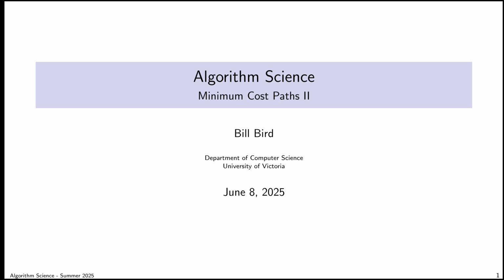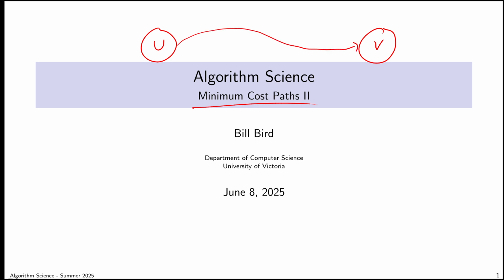Last time we started talking about the minimum cost path problem, and we had a chance to formalize that problem, and also then to consider two unusual cases that could arise. So one unusual case would be, suppose I go looking for a minimum cost path from vertex u to vertex v, but I'm unsuccessful in finding one because there is no path of any kind from vertex u to vertex v.